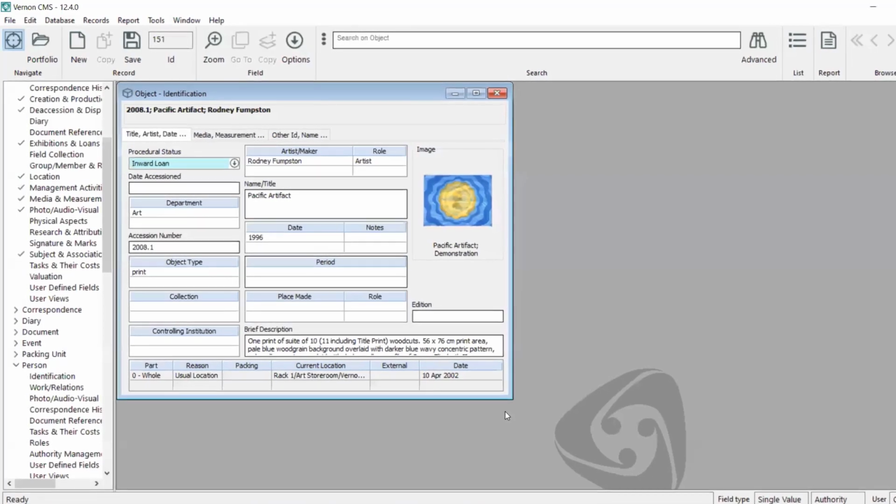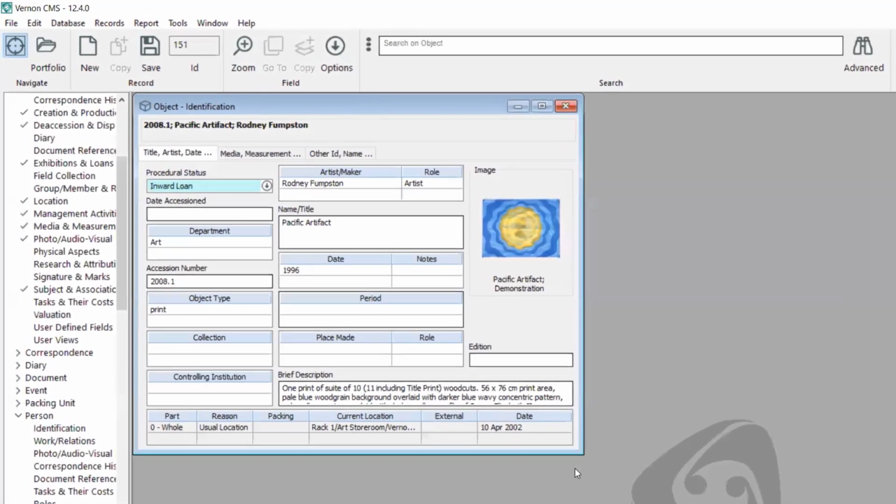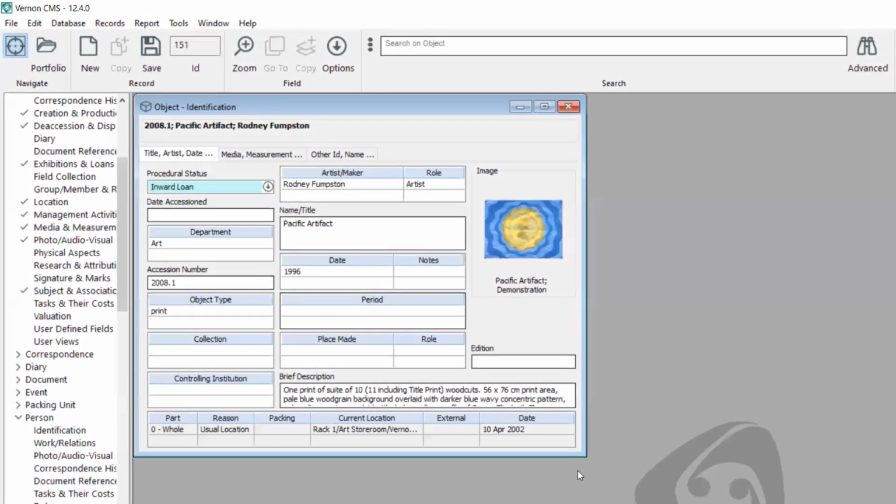Today we're going to be looking at the person file and ways that you can make use of the different fields in that file to best record the information you know about people that are connected to your collection in many different ways. Starting off, let's look at a few examples of Vernon CMS and how we make use of